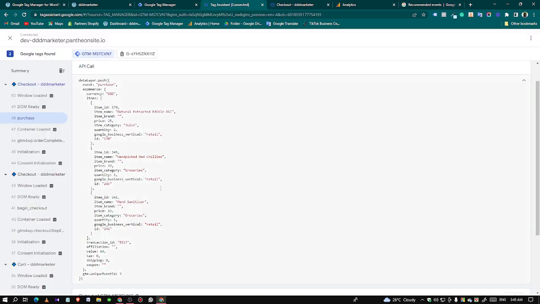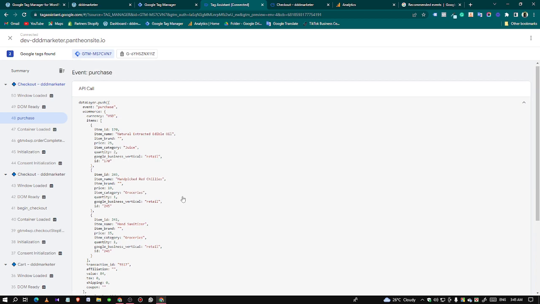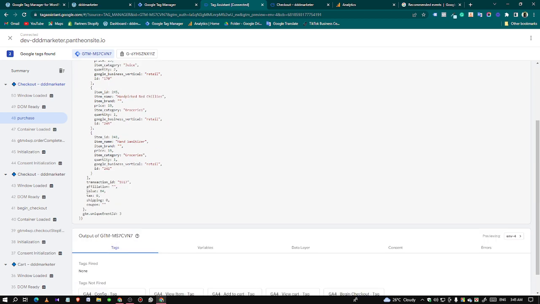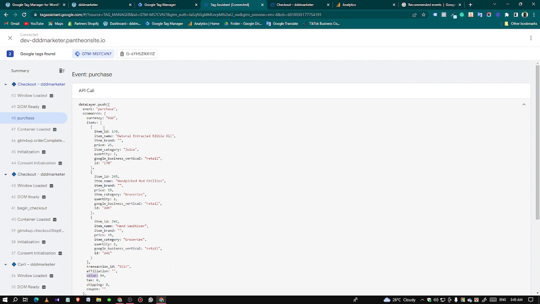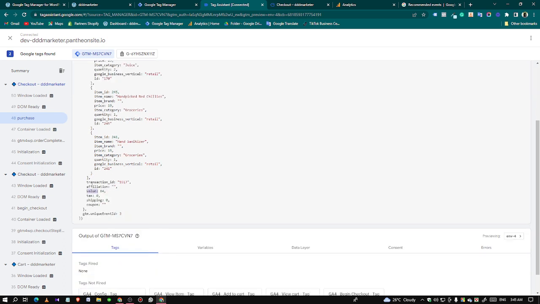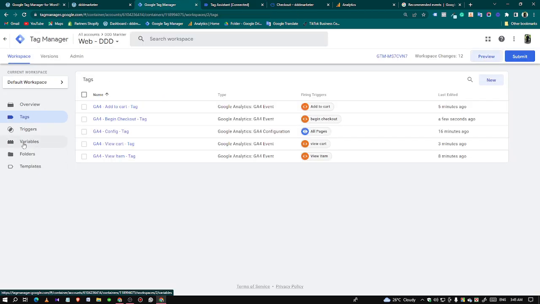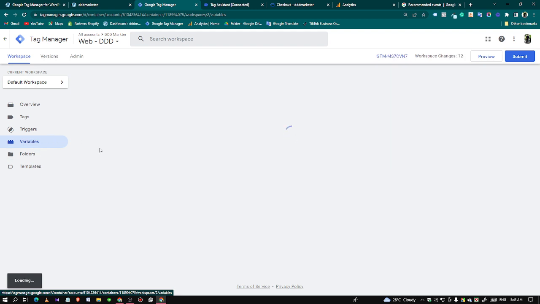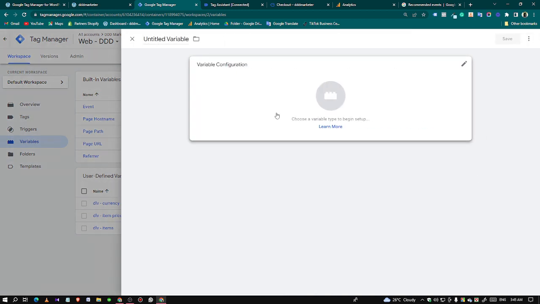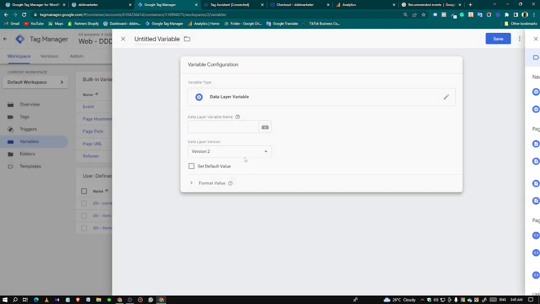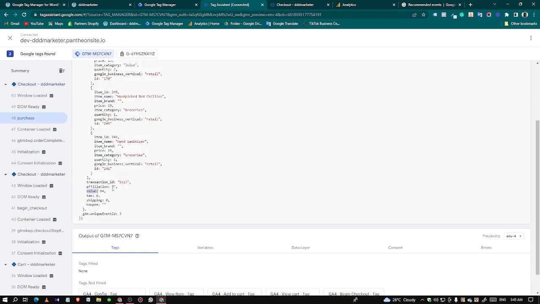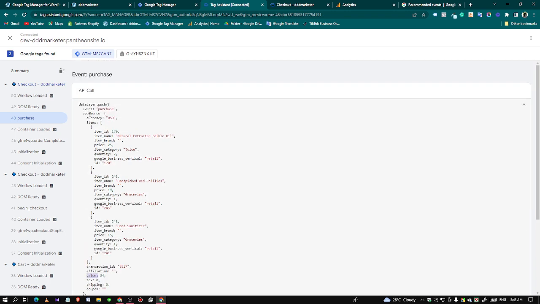If I check the variables, we already have the value parameter, currency, and items. So we need to create transaction ID, affiliation, tax, shipping, and coupon. Okay, so let's create a data layer variable for purchase tag. If I click here, data layer variable, we need to create